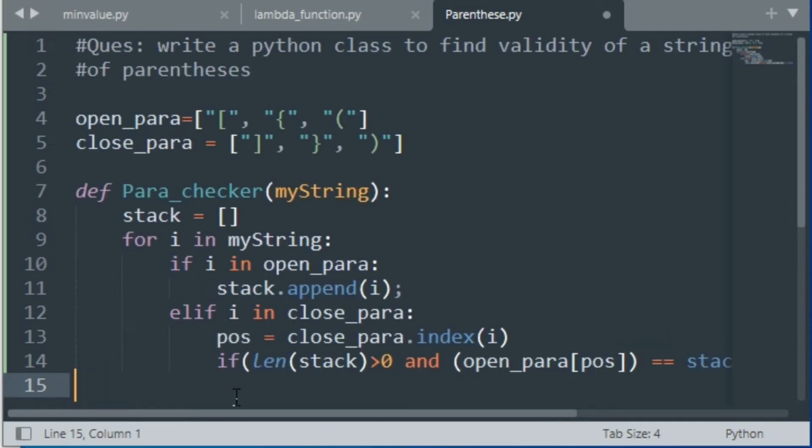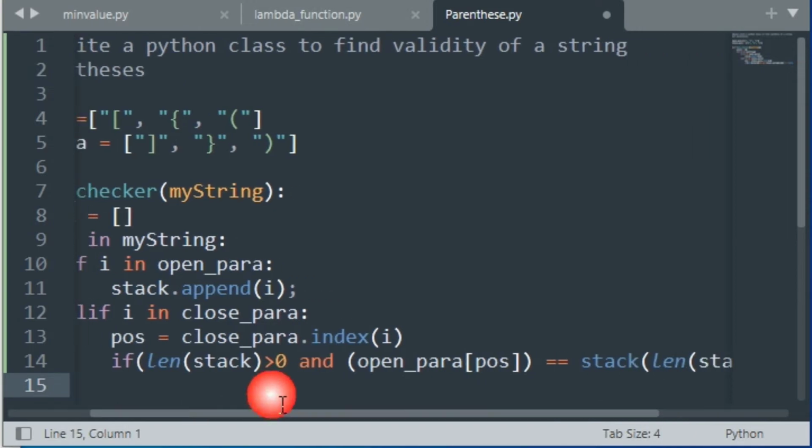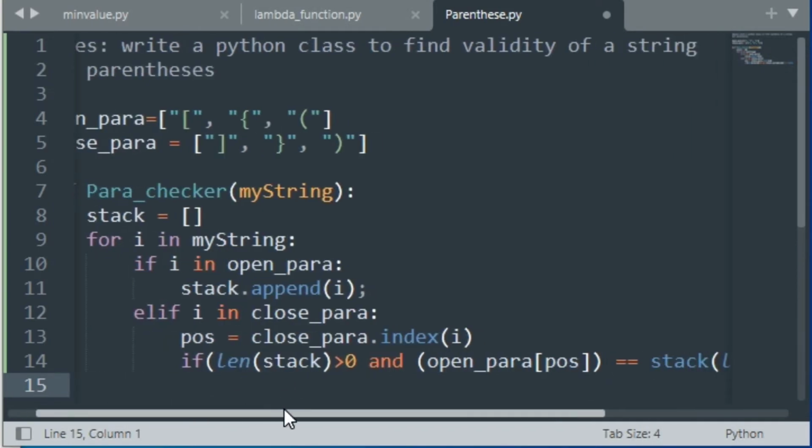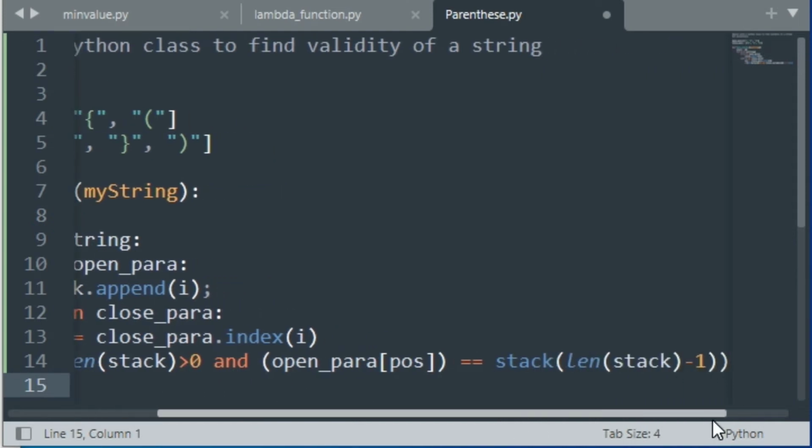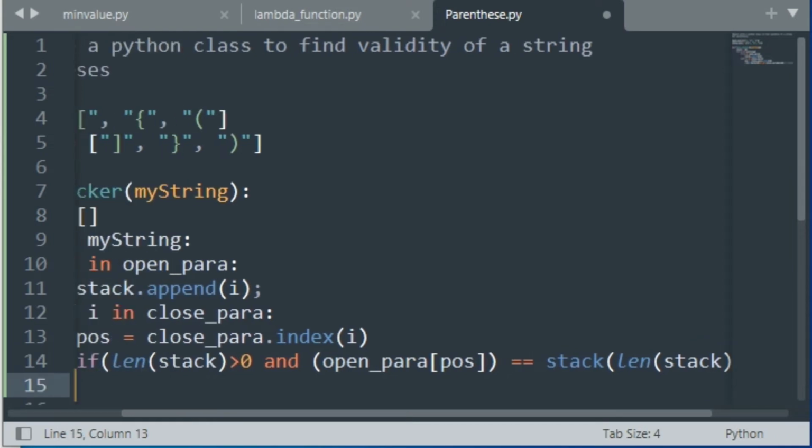And guys, after this, if the element of the open para with the same index matches with the element of the stack, then we are going to actually pop the element of the stack, because there will be no use of that parenthesis in the stack.